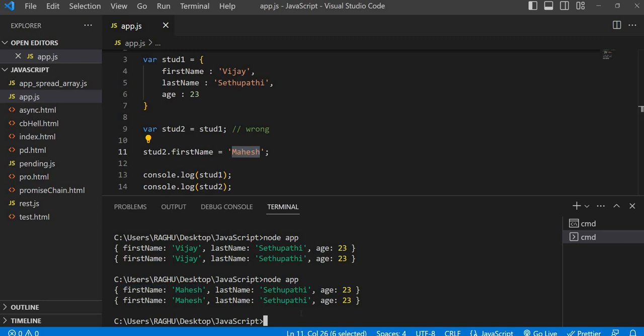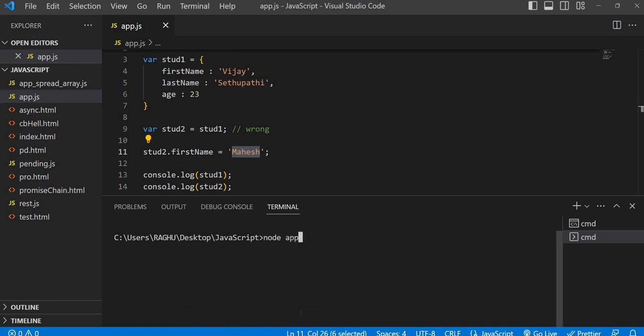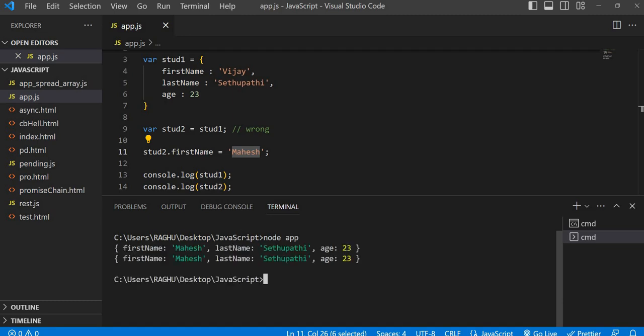Let me clear and log one more time. This is the details of student 1 and this is the details of student 2. Student 1 is Vijay Sethupathi and I copied it and tried to change the name of student 2, but it is reflecting in student 1 also, because